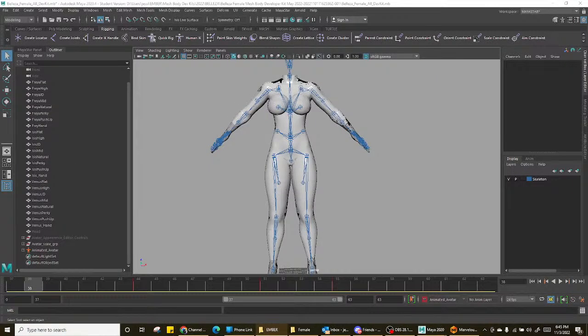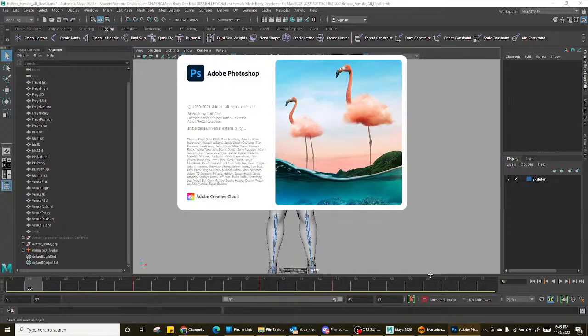What is going on here? Open with what? Sure, Photoshop, why not? Use more resources. Okay,